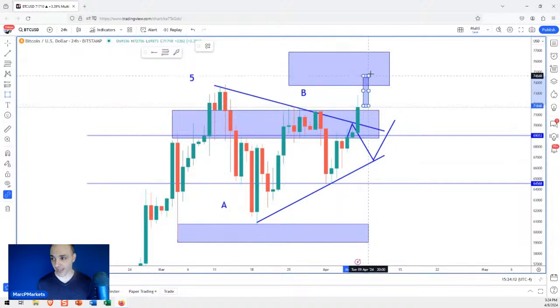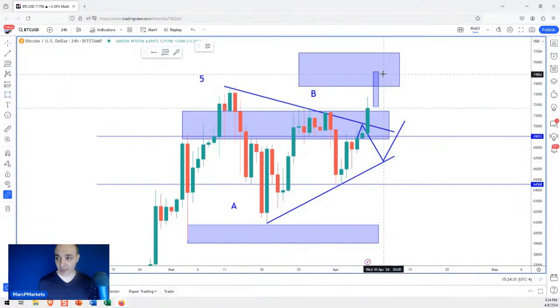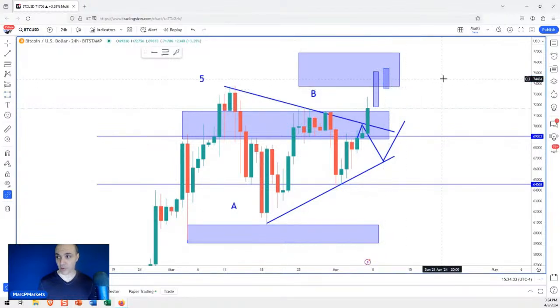If we don't see a fake out and we see something like that, it's going to get a lot of people excited. You're going to see a lot of hype. You're going to see all the guys coming out again. You know, you're going to be a billionaire tomorrow. You're going to see that. Usually the people that follow me know better. So I hope you all know better not to consume that nonsense. If we get into this situation, again, I will be looking for bearish reversals.